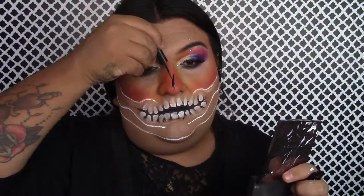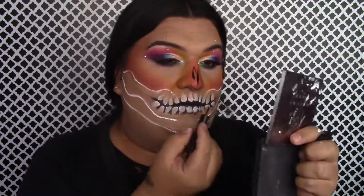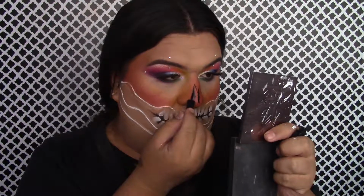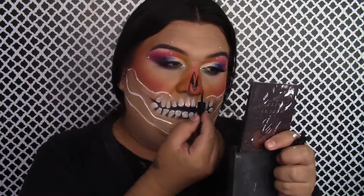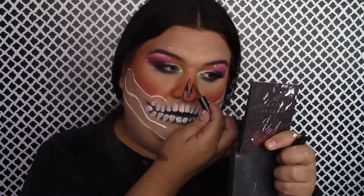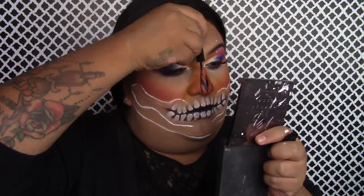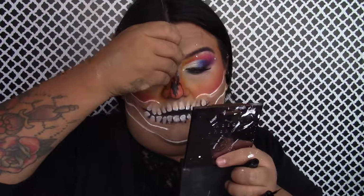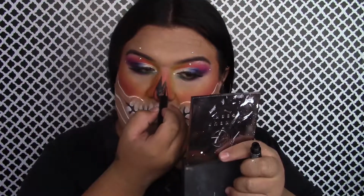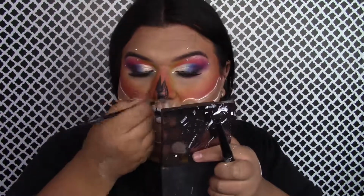Now I'm going to be doing a skull nose. I'm just going to be doing a small pointy one and then doing a tall one just to add that definition to the nose. I do have a very big nose, so obviously go by the shape of your nose, but I did want to make my nose look a little bit smaller, so I just cut my nose in half, not literally, just paint wise, and then just filled in that gap just to give me more like a button skull nose, not so much of a wide skull nose